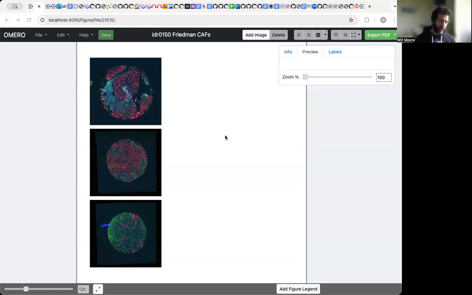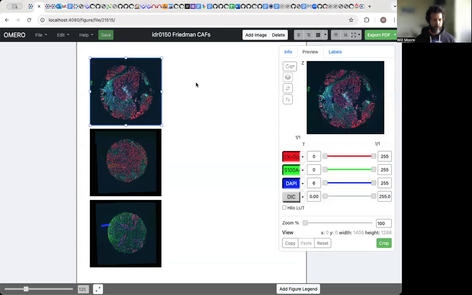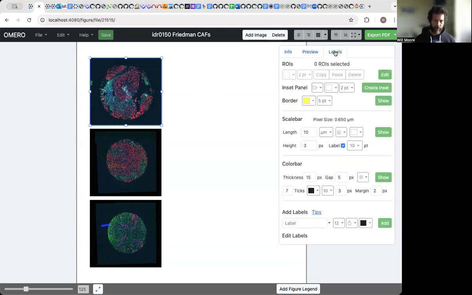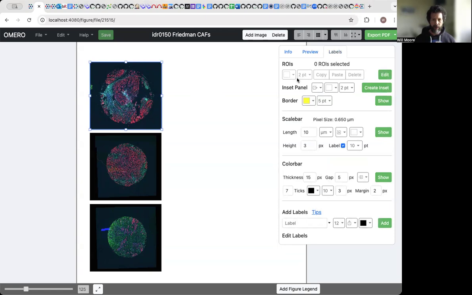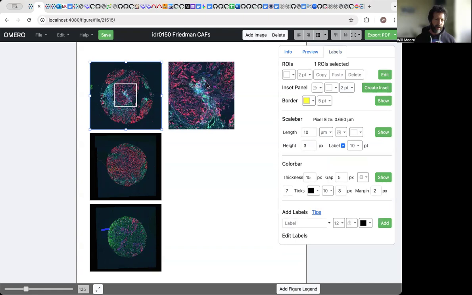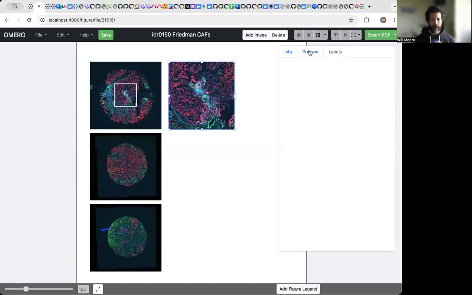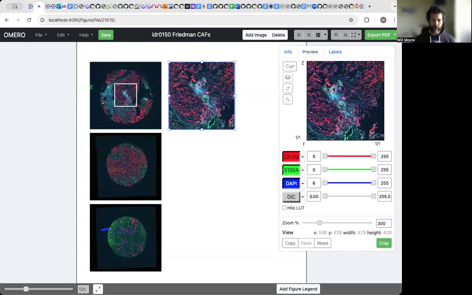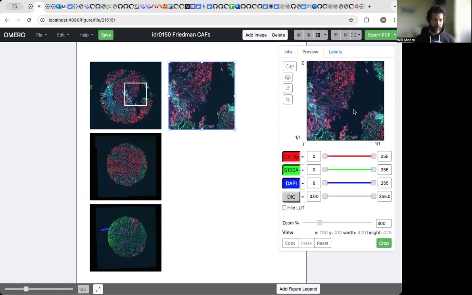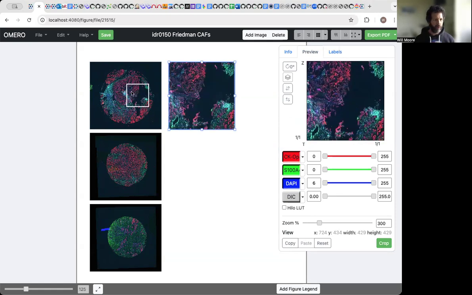Hi, so I'm going to show a few features that are newly added to recent versions of OMERO.figure. The first of these is the ability to create inset panels. This is something we've been able to do manually in the past, but now there is a single create inset button that creates an inset panel as well as the corresponding ROI on the parent image. And these are linked now, so that when you pan around the image, the ROI will update accordingly and vice